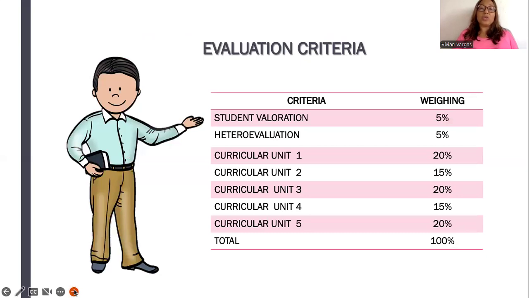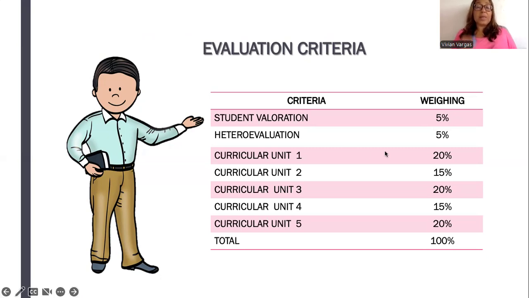What is the evaluation criteria that we are going to use in order to have our final grade that is 100%? Now, we have the student evaluation. This is important because sometimes students forget that they have to do this, okay? This is important because it can make a difference and it can save you in case that you are having trouble to get what you need to get.